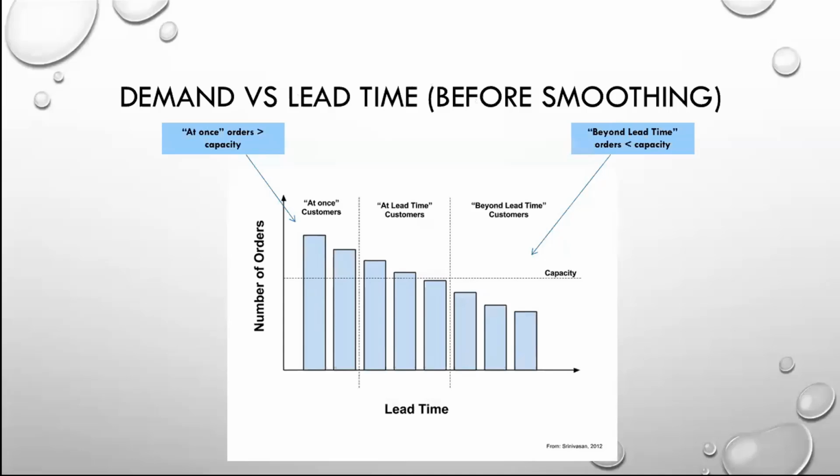Now, this curve will not always look like this. It's important to remember that. Sometimes you may have a big lump beyond your lead time. So what you would do is you look at your demand anywhere that your expected demand is above the capacity line. That's an important thing. Your graph will not always look like this. And please remember that.